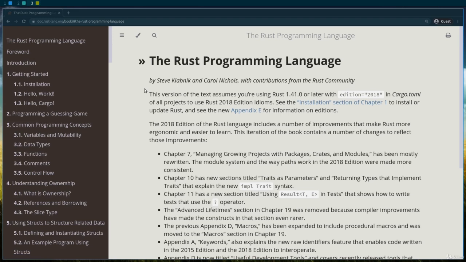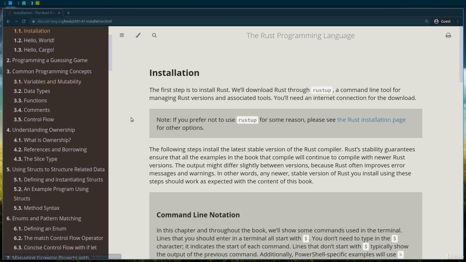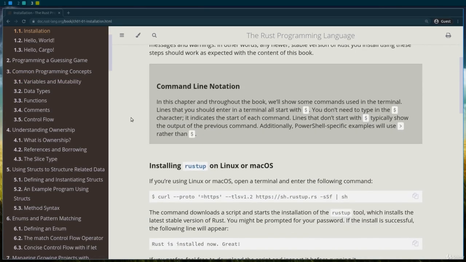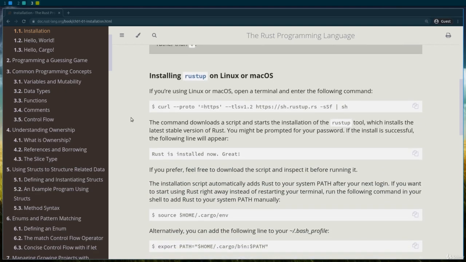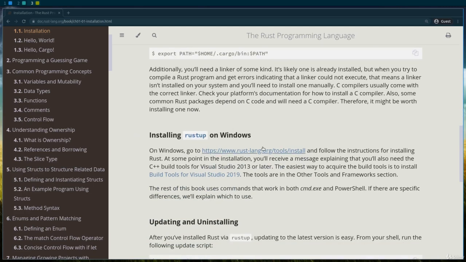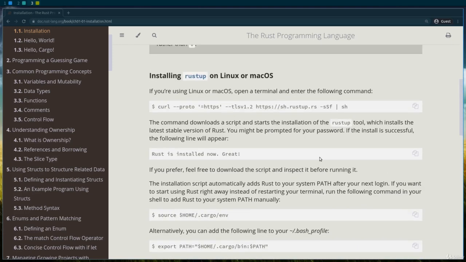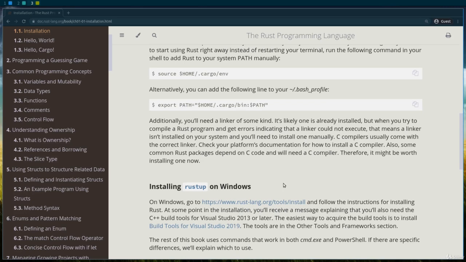In the first section of the book, there is a chapter on installation. If we go to that and scroll down, you will find different installation guides based on different operating systems. So for Linux and macOS, you just have to run this curl command in your terminal. For Windows users, you have to follow this link where you can download an installer. Another way to use Rust under Windows would be to use the Linux installer script on the Windows Subsystem for